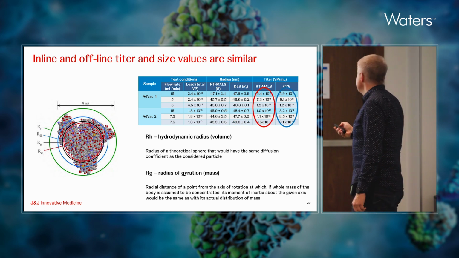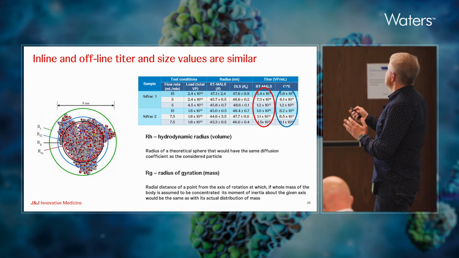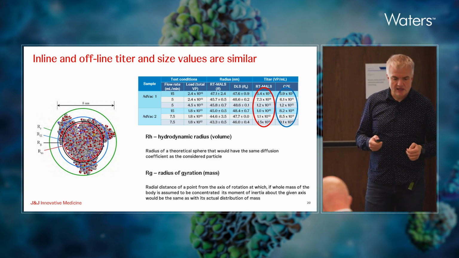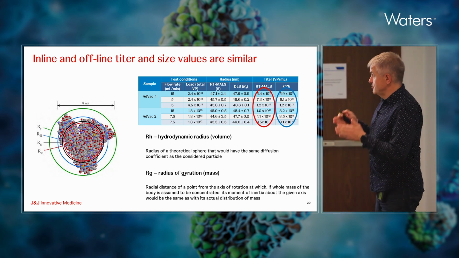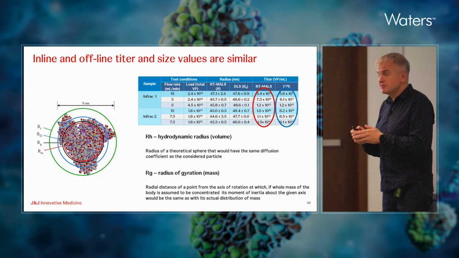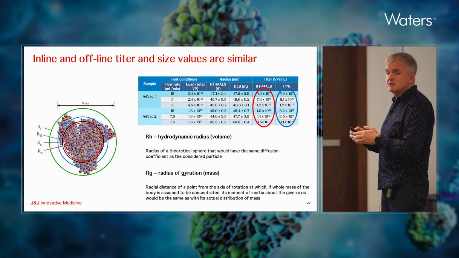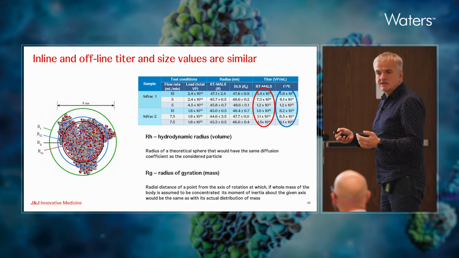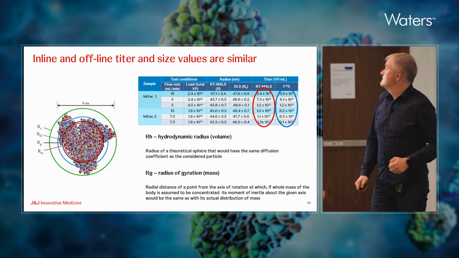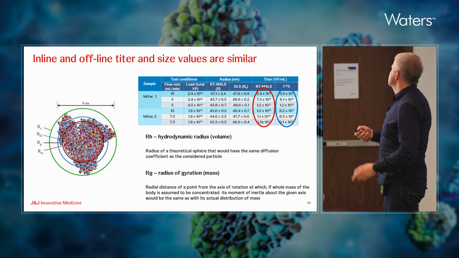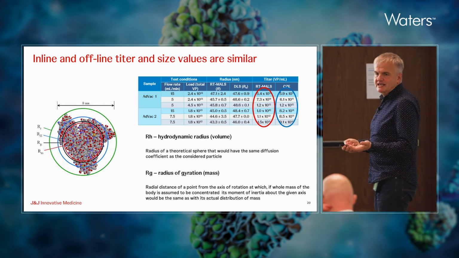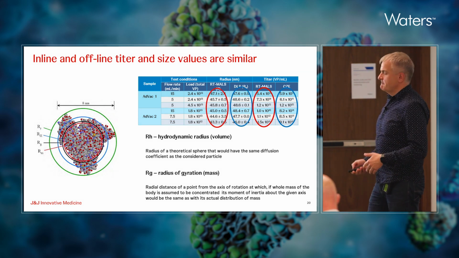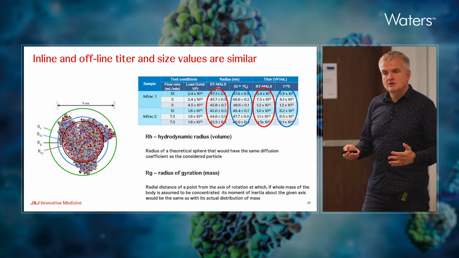Now, if you look at titer, again, the results are not necessarily right on top of each other, but we are comparing a titer obtained directly, measured based on the light scattering principles, with a titer obtained from capillary zone electrophoresis. When we have a theoretical input, we're integrating a peak based on an extinction coefficient that is assumed. Some variations can be expected, but we are talking about a 10% difference between measurements. And we also have to keep in mind at which stage we are at.